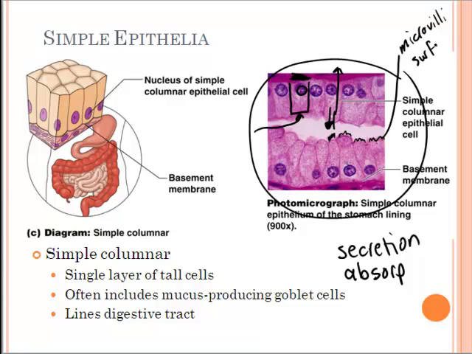We'll talk more about this when we discuss the digestive system, but because these cells want to be able to absorb substances, the larger the surface area of the cell, the more nutrients they can absorb. And so with these microvilli, if we were to zoom in here very closely, what you'd see is the cell has these little finger-like projections. Those are the microvilli. That allows for a lot more surface area for the nutrients to be absorbed. Okay, those are the types of simple epithelial. We'll now look at